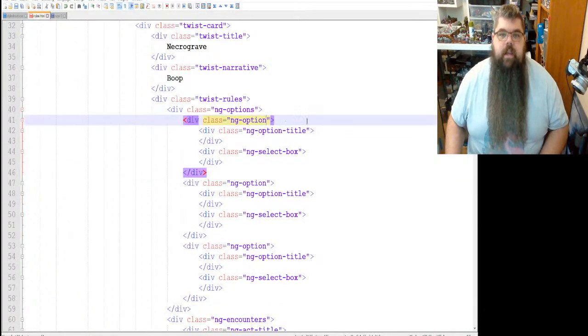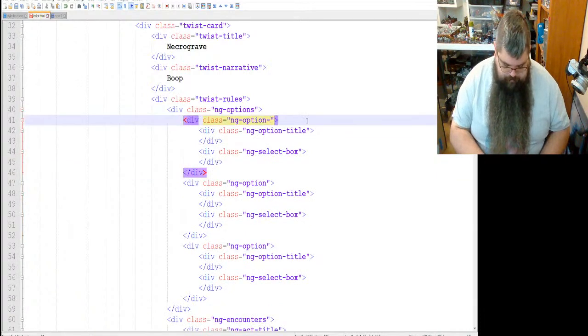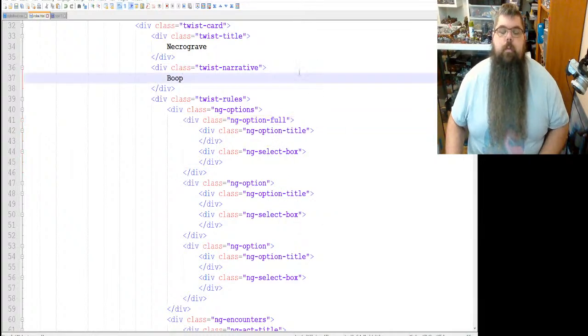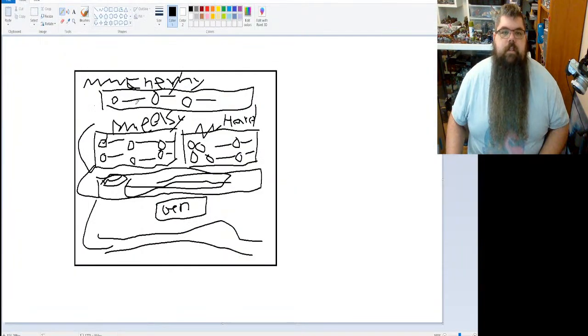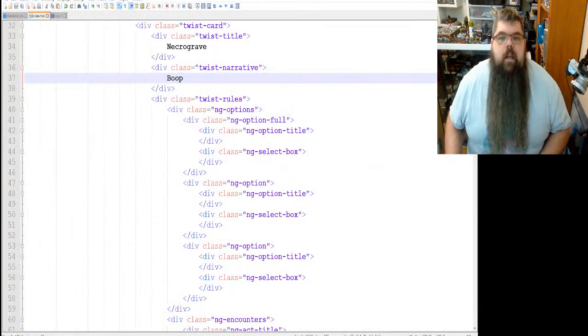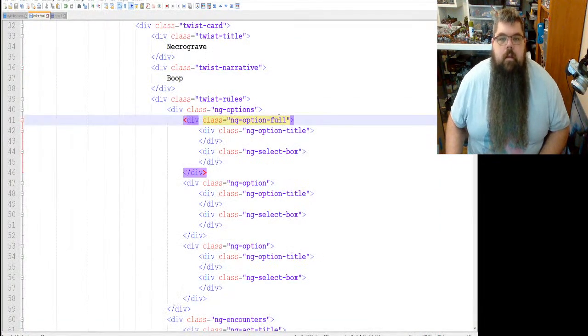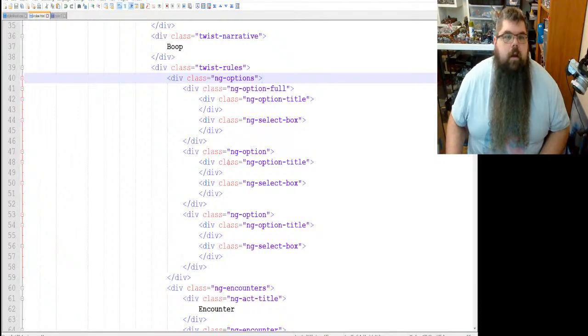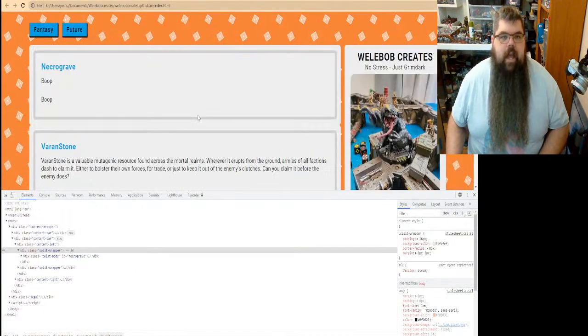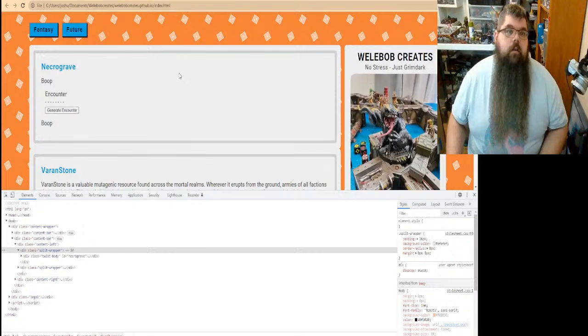And we're going to call this guy NG option full because he's going to be a full width guy that runs along the top like that. Okay, cool. Alright, we saved that. Let's go look at what happened. Alright, we got some stuff that showed up. That's what we want.